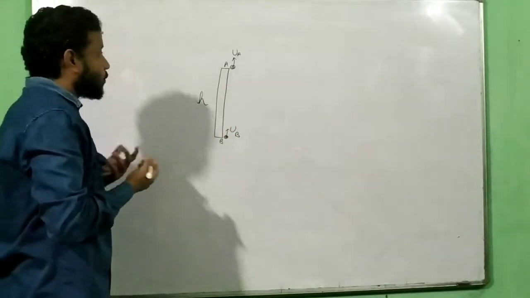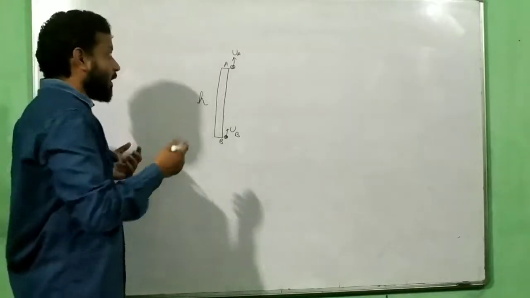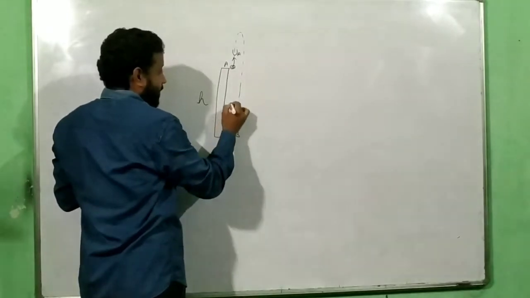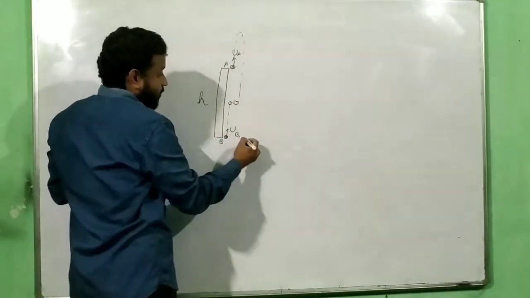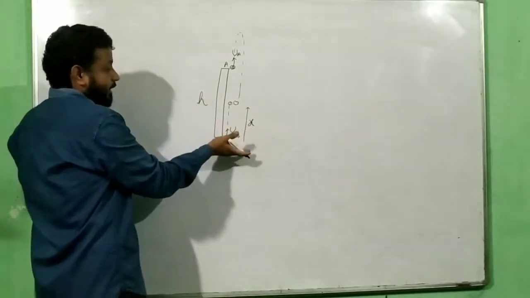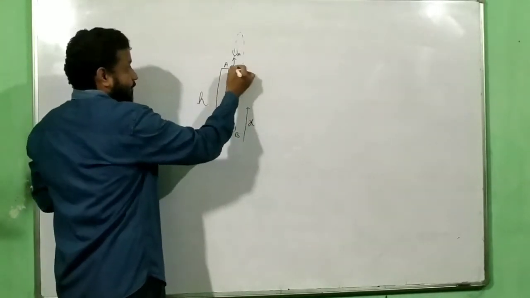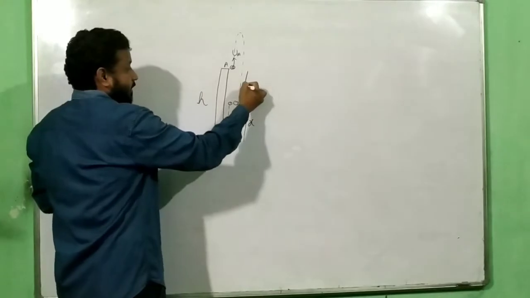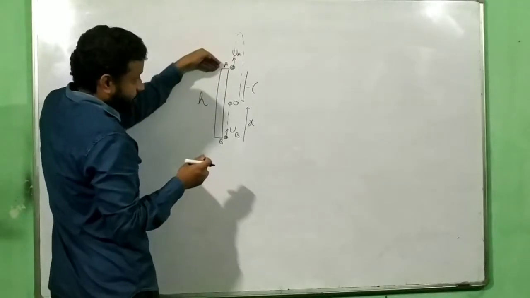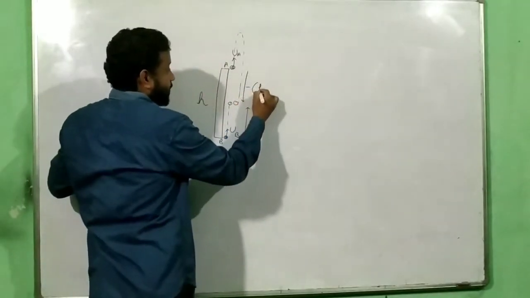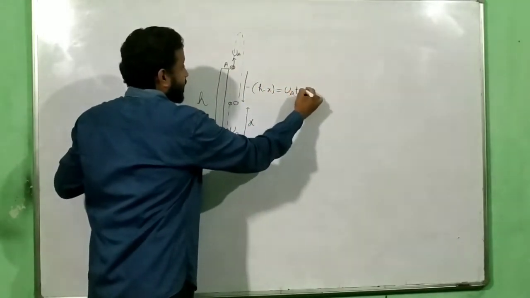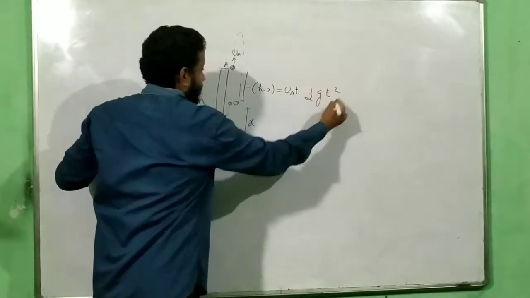Now the question here is, do they collide? And the question will be, if they collide, this is what you have to do. If they collide, they will collide here. So you consider that this one has traveled a distance of x from the ground. You say that B has traveled a distance of x. So definitely A has undergone a displacement of minus. Why minus? Because for A, from here it has gone down. From here it has gone down. So minus of h minus x equals, the initial velocity was upward, uat minus of half g t square.